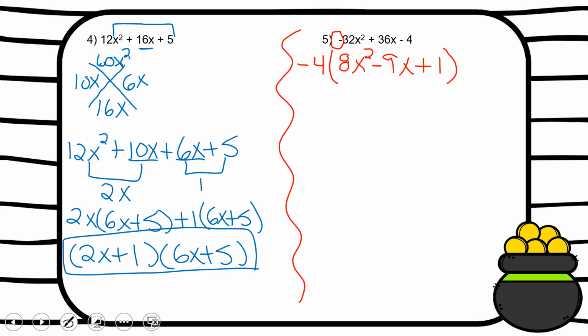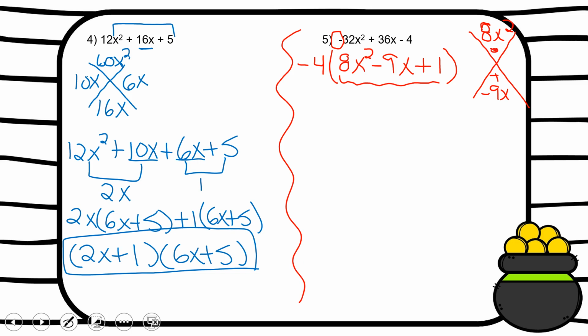From here, I'm going to do my big X. I'm going to do it over here to the side. But I'm only focused on the values inside the parentheses because the GCF helps make these numbers a lot smaller to work with. So I'm going to do 8x squared times 1. That's 8x squared. And then I've got a negative 9x here. So what multiplies to be 8x squared and adds to be